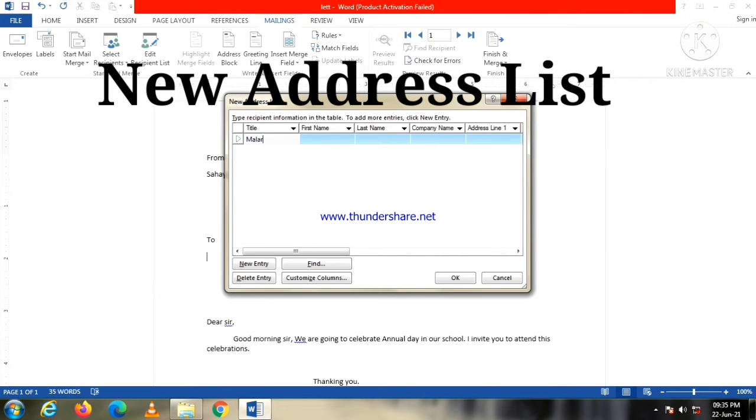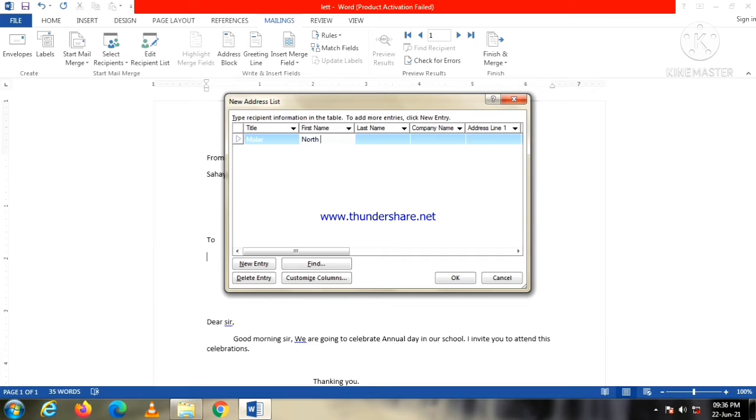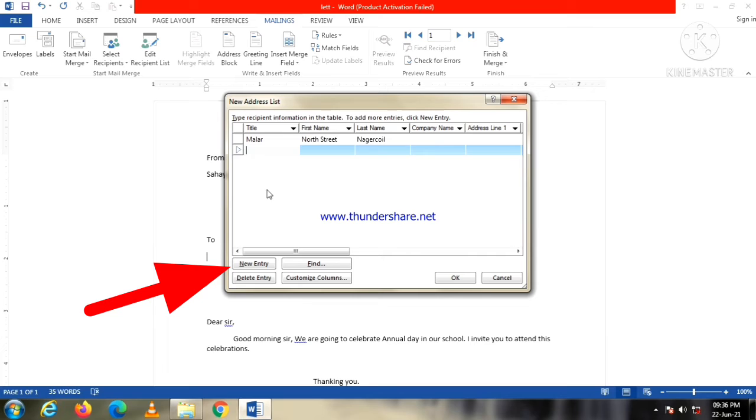Here, enter the required fields such as first name, last name, address, etc. Commonly, an address has first name, last name, door number, street name, etc. Based on this, we will add recipient addresses one by one. When you click on the New Entry button, you will get a new row to add a new recipient address. Like this, in the same way, you will add all your recipients' addresses.